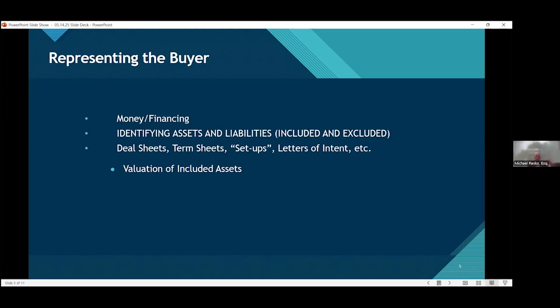It's not uncommon in these types of transactions for the seller to hold paper, right? For the seller to finance some part of the purchase price, right? So if the seller is going to finance part of it, right, one of the closing deliveries will be a promissory note. The seller may want to retain a security interest, so the assets that are being sold to the buyer are pledged as collateral. That would be the same type of setup if you had any sort of third party financing in the transaction,